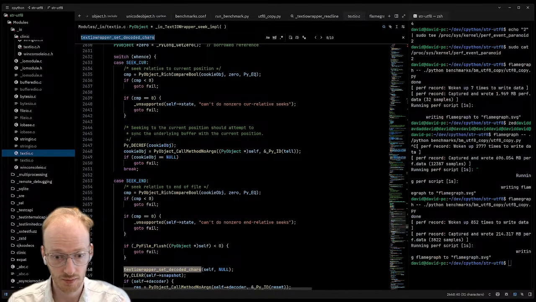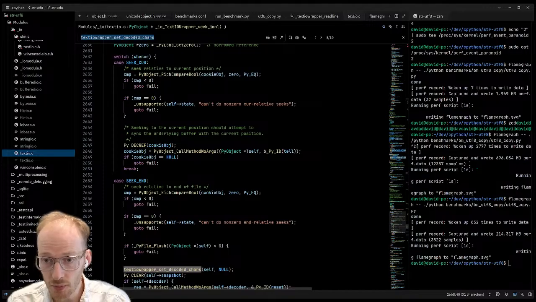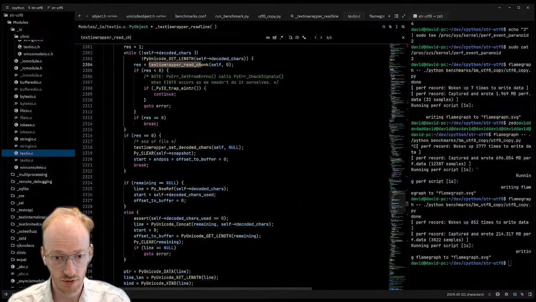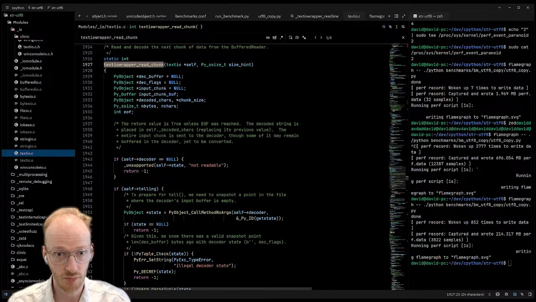Did that show up in our benchmark? TextIOWrapper read chunk. That looks like an interesting one. This was the other meaningful part of the benchmark.